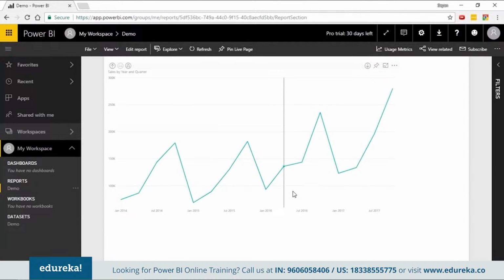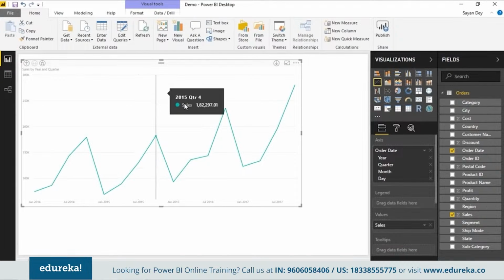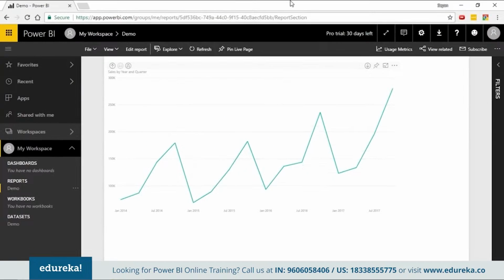This respective report has been published. And remember, this is the cloud environment. Okay, so this is my development tool. That's my development environment. That's my client. And this is the cloud environment, which is my server. Okay, I published my stuff here. And now all my end users can view my reports and dashboards from here.